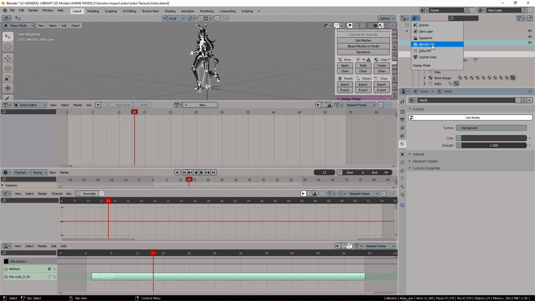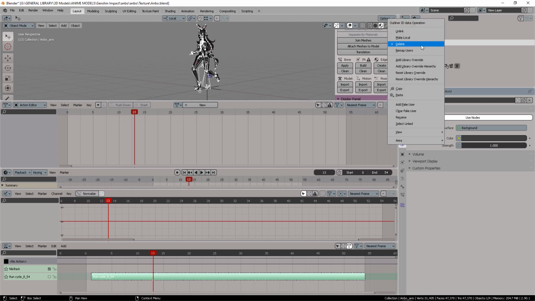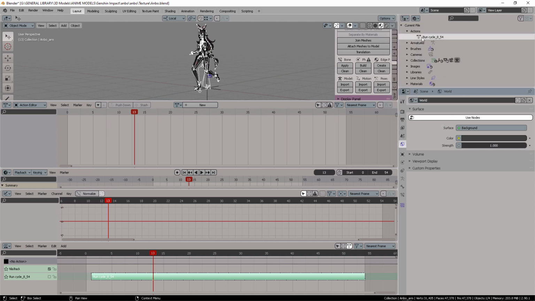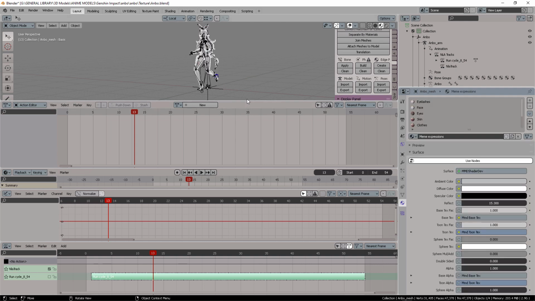You need to actually switch the outliner into Blender File, because at the topmost level, the actions are stored. That's why you couldn't delete it from here. And as you can see here, we have scene action, which is the next one right here, and dance bone. This is the one that we are not interested in, so just delete that one. You can also delete this one. This was the empty track, and this is the only track that remains to be exported. So let's go back into view layer. Finally, we finish this entire process, and let's fix the